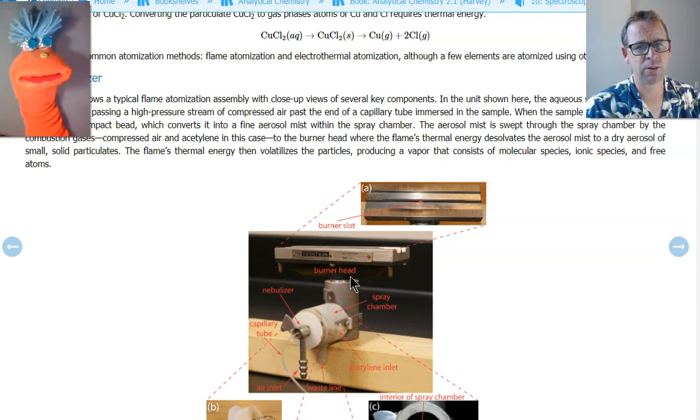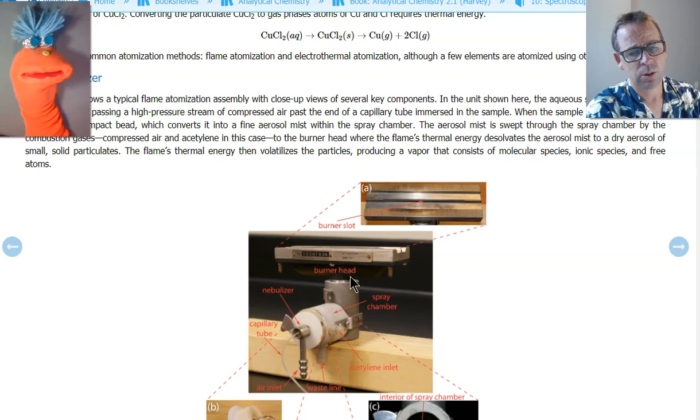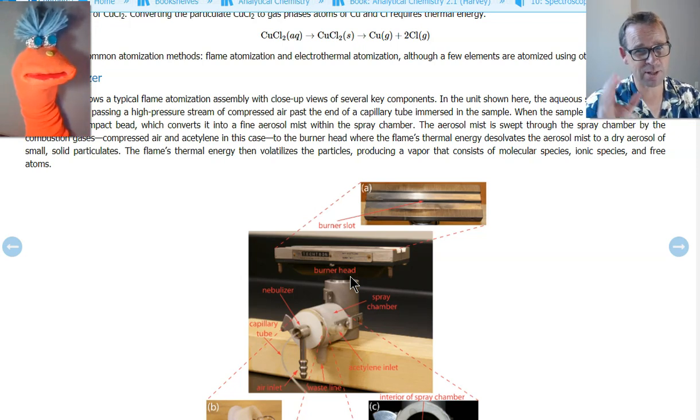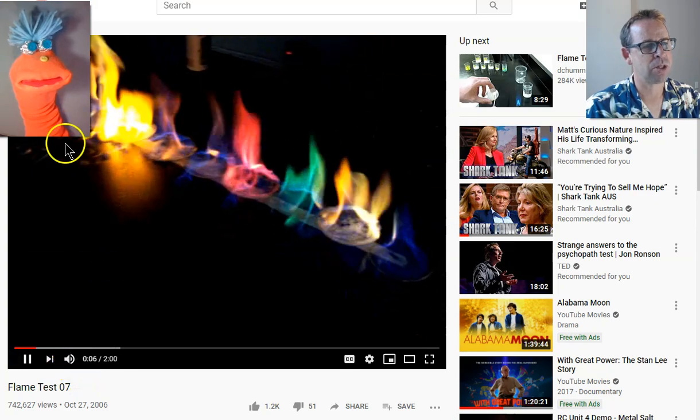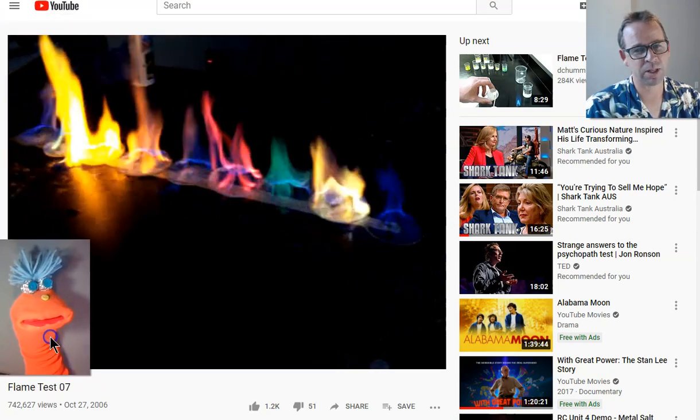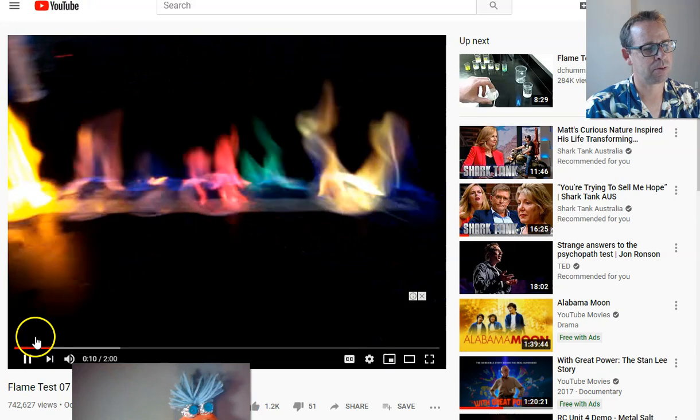Now, have you seen flame tests before on YouTube? I don't think we ever performed one in Gen Chem for you. We brought in some lamps like that, right? And we showed you all sorts of different colors. But let's see if I can show you a flame test. All right, so this is a flame test here. Well, it's not a flame test. Very dramatic version of the flame test demonstration here.